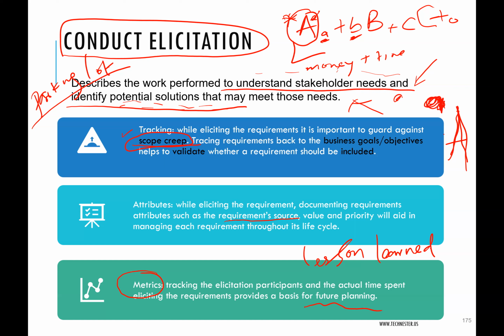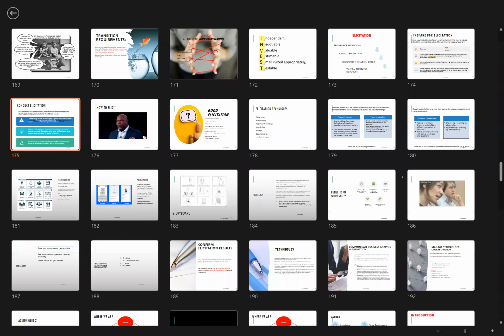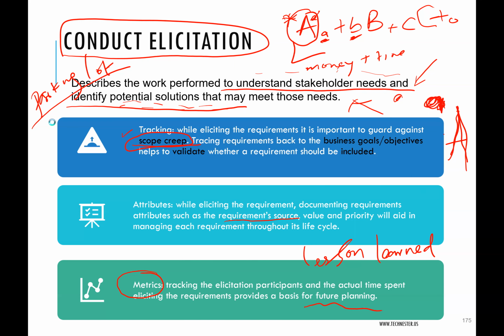So these are the key things. Collecting requirements, you're immediately tracking if it aligns with the scope or it's outside. You are keeping record of the attributes of each requirement: who is the source, who is the owner, value or priority if your organization is so inclined. Metrics, tracking how well the elicitation process is going. Now, let's see an example of how to elicit requirements.